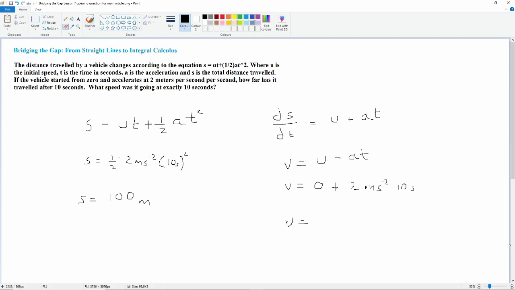I did intend to write v, I just wrote it very badly. In fact, I don't trust myself to write it well. There we go, at least that's legible. So v is equal to 2 times 10 is 20, and we have meters, and then per second multiplied by second, one of those per seconds has to disappear, so we just have meters per second,